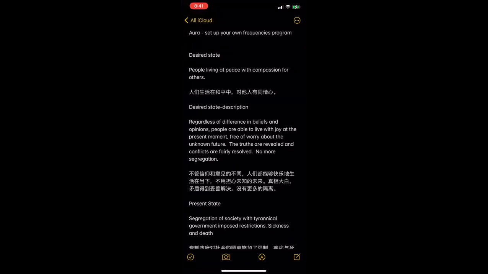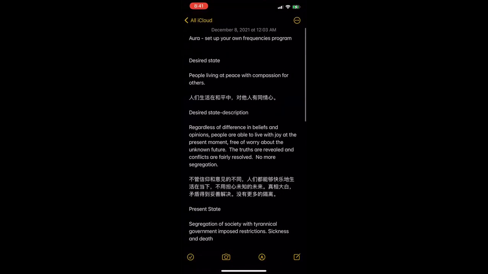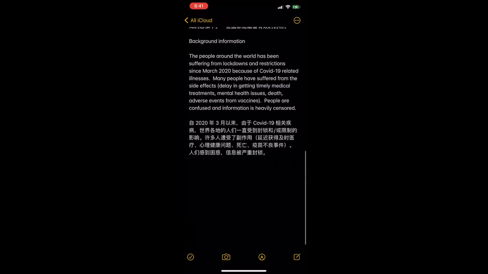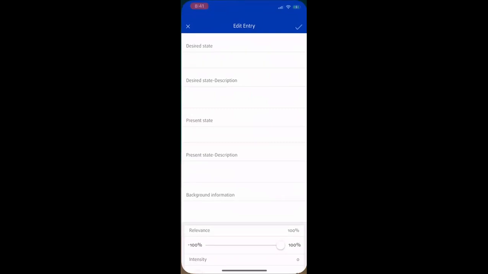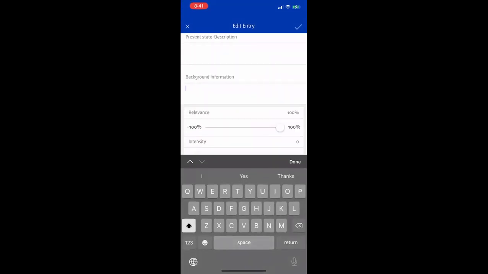Right here. I actually have it in Chinese and English, but I'm just going to copy and paste over there because I already did that. So I think it's best I put down the background first. The background information is pretty much that we are in a mess. So I just put a brief description basically saying that,